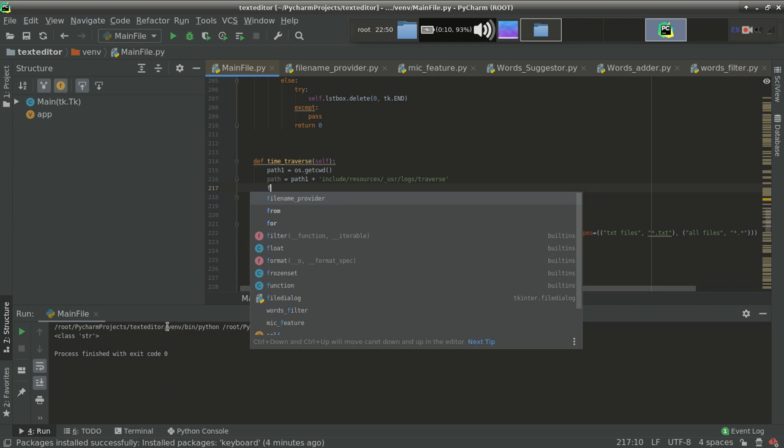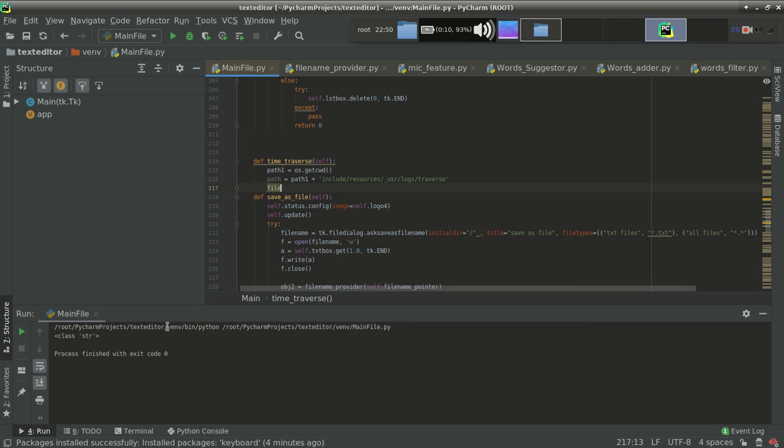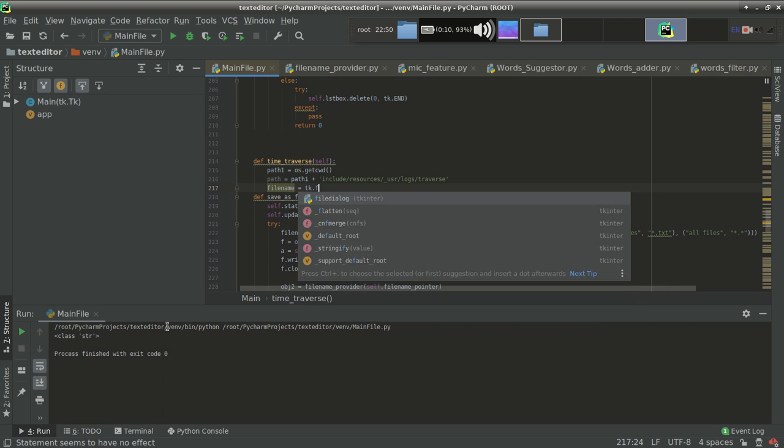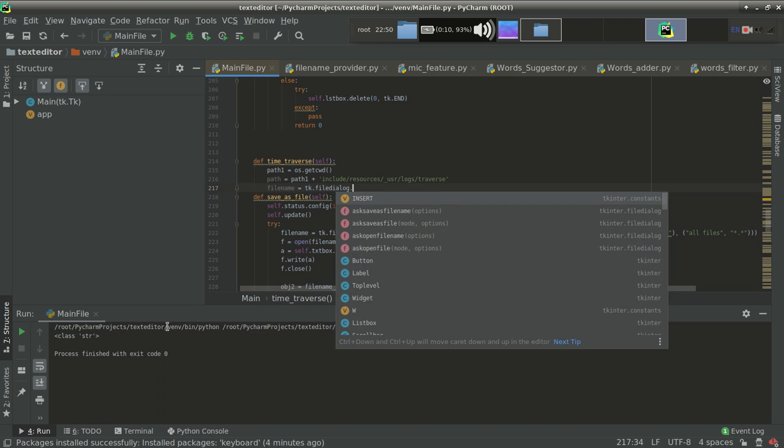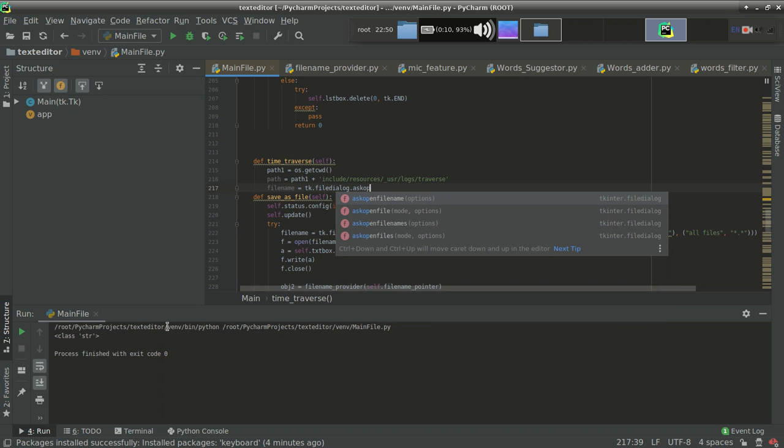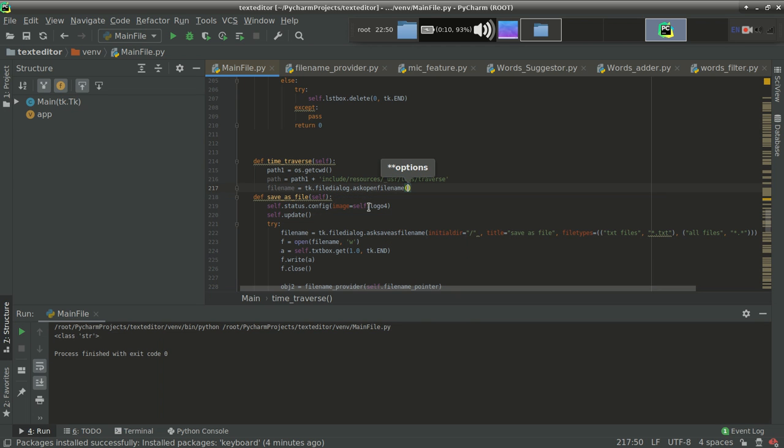So how to open? Same syntax we have used in open file. So we have to use that syntax. File name equal to tk.filedialog.askopenfilename, and here we have initialdir. Now I want this open tool to open in the traverse folder.